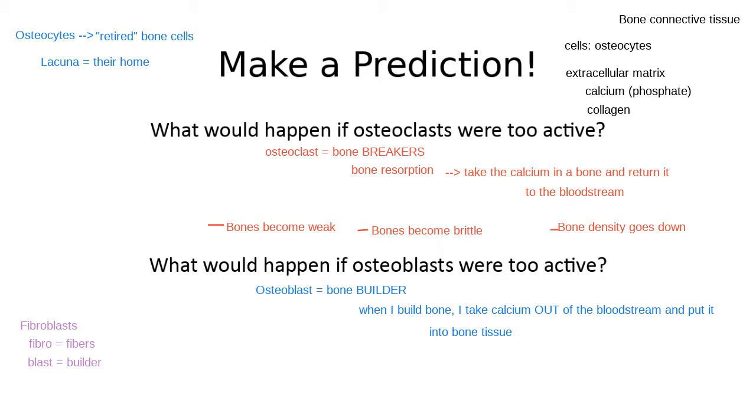So Osteogenesis Imperfecta, let me type its name out here. Osteogenesis Imperfecta. This is a disorder where a person has a bad genetic sequence for building the protein collagen. Because their DNA codes for a bad form of collagen that's not very strong, their bones are really, really weak. They're really, really brittle.